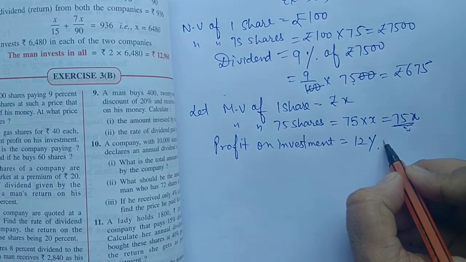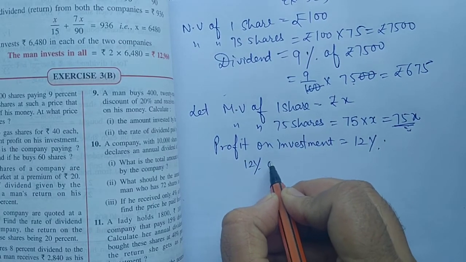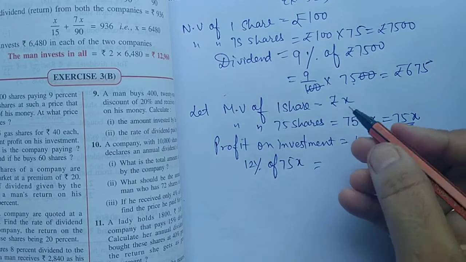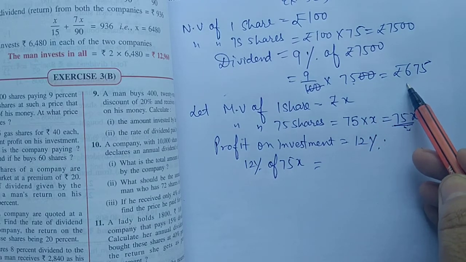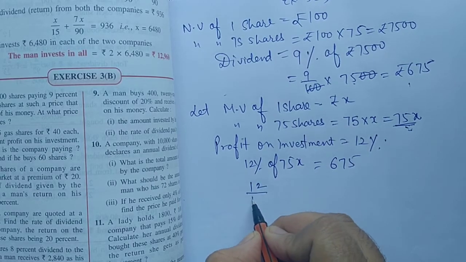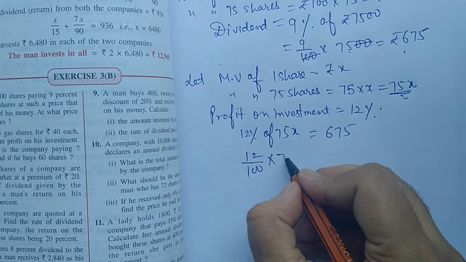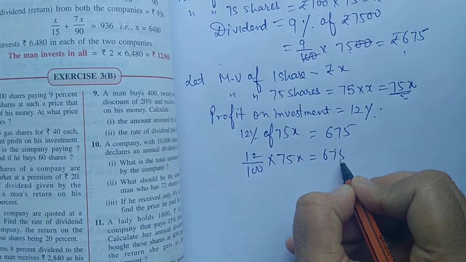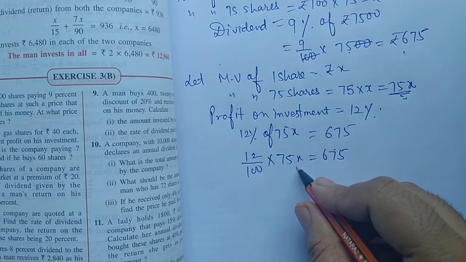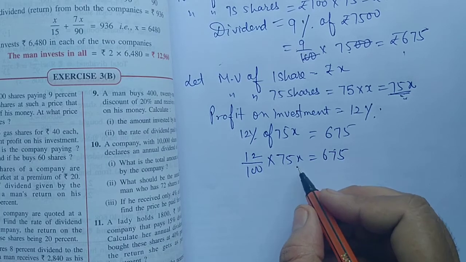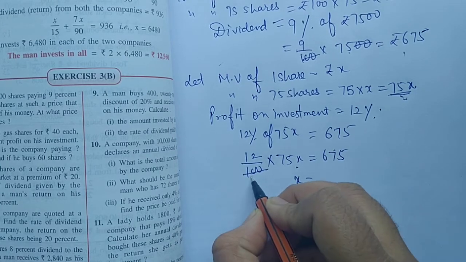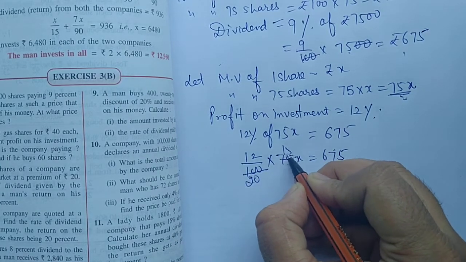So we have to find 12% of 75X. The profit he already got is 675. So 12 upon 100 multiplied by 75X is equal to 675. From here we will calculate the value of X, that will be the answer. I think the question is clear. Let me solve this. X is equal to, this can be cancelled with 5, so 20, here 15, then again